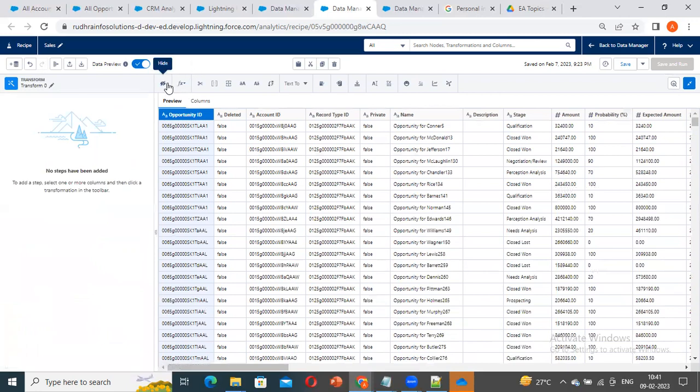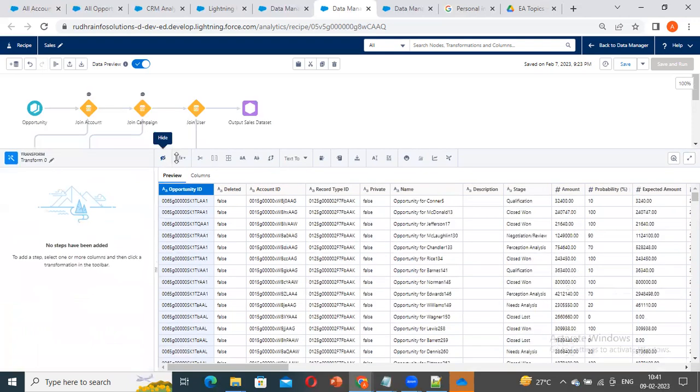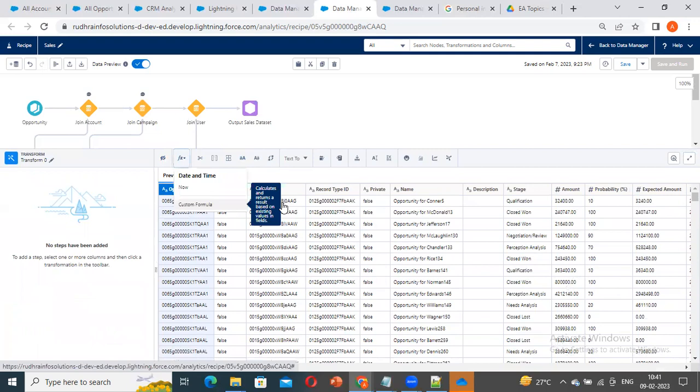So here there is an option, right? There are many options here. If you see, there is a function. There are some functions here. Here, if you click here, we can create a custom formula by ourselves. Okay, when you click on custom formula,